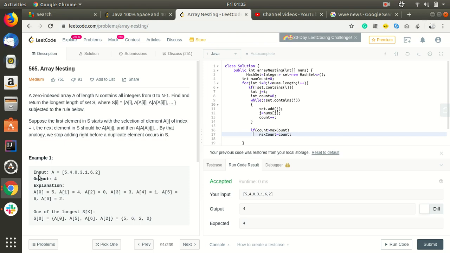So the thing is, suppose this is an array. If 5 is present in the first location, then we visited this location, which is i equal to 0, and we'll go to the fifth index, which is saying 6. So this index will get visited, and then we'll go to the sixth index, which is saying 2, which is 0, and again this is saying 0, which is 5. It is already visited. So once an index comes which is already visited, we will be stopping.